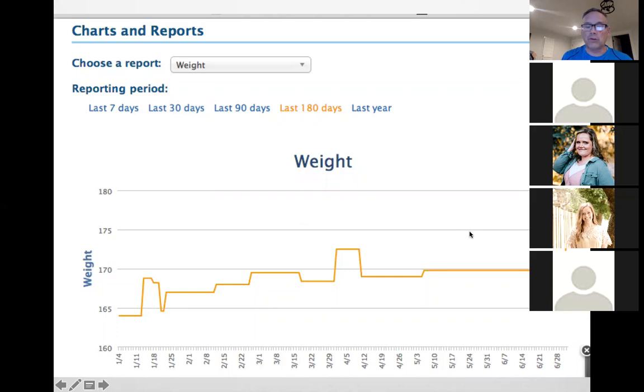Now, I wish I had an earlier graphic of this, because you can see here, this was on the 4th of January, and that's about when we went to Belize. I weighed 165 pounds, okay? And I could have gone back actually and looked at a previous chart on this. But what MyFitnessPal did for me on my phone, on my computer, is I could see, all right, I'm at 165, and today I did this for 30 minutes, which burned X number of calories, and for breakfast I had,